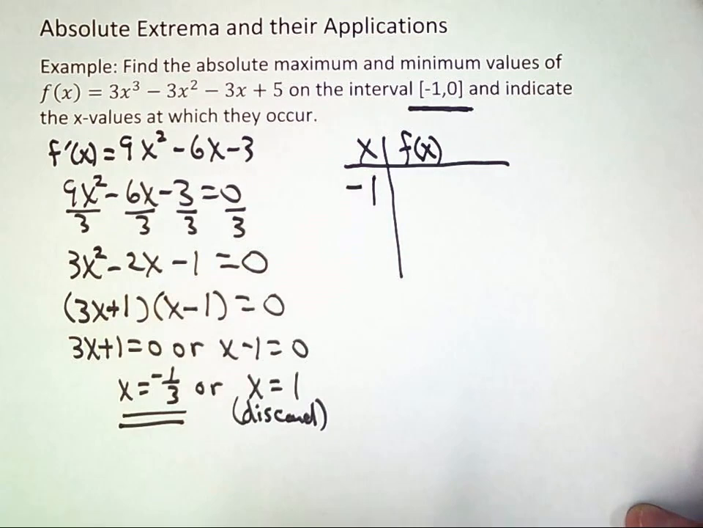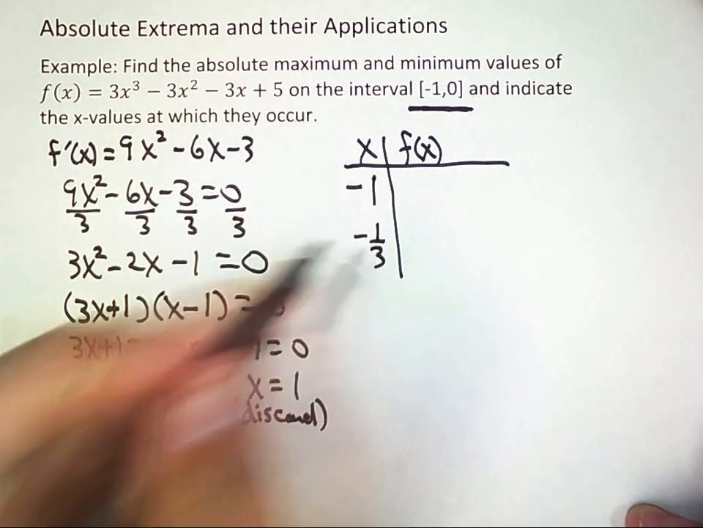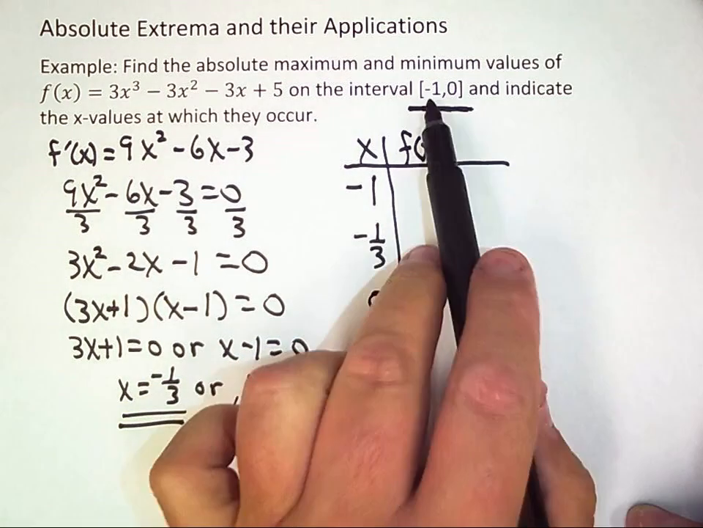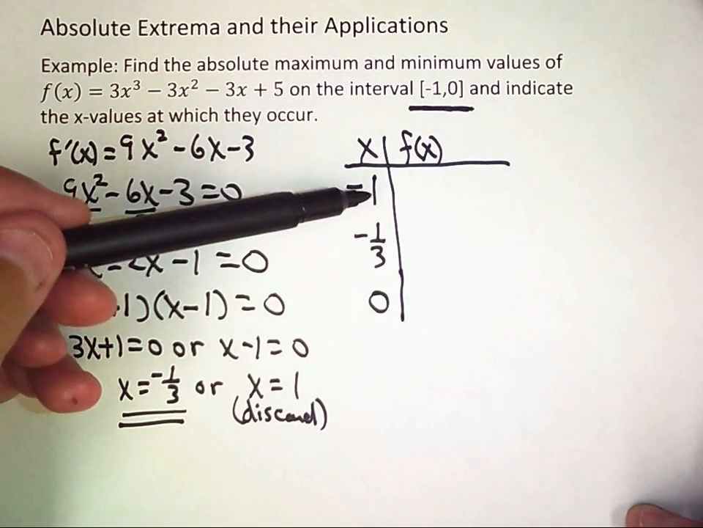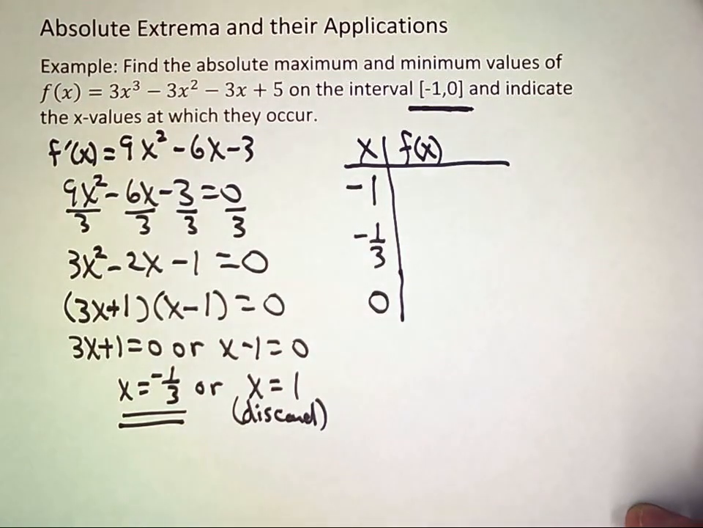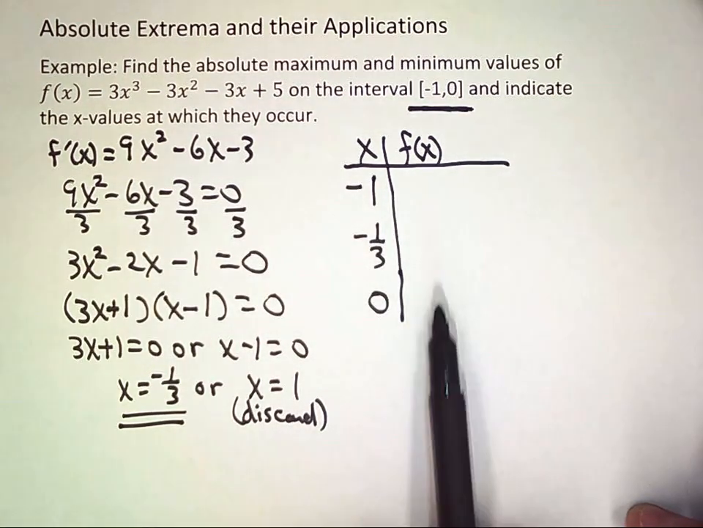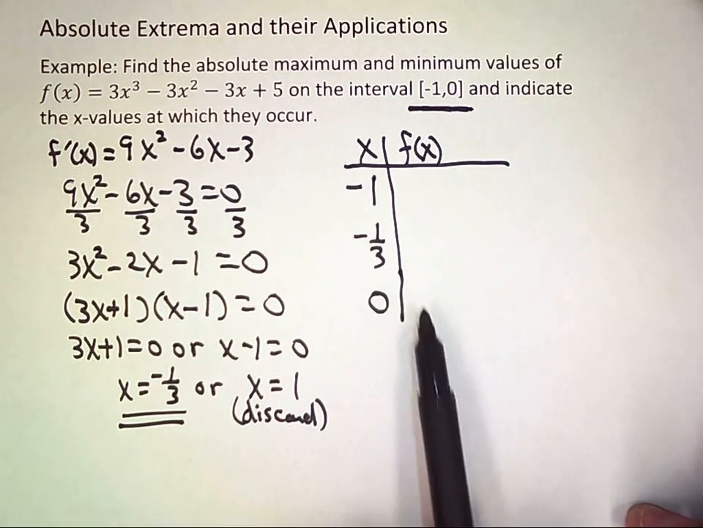-1 is the smallest x value. The next one is -1/3, and the next one is 0. So I'm taking my two endpoints and any critical values I get, putting them in order from smallest to largest, and I want to calculate all my y values. The largest of the y values will be the absolute maximum, and the smallest of the y values will be